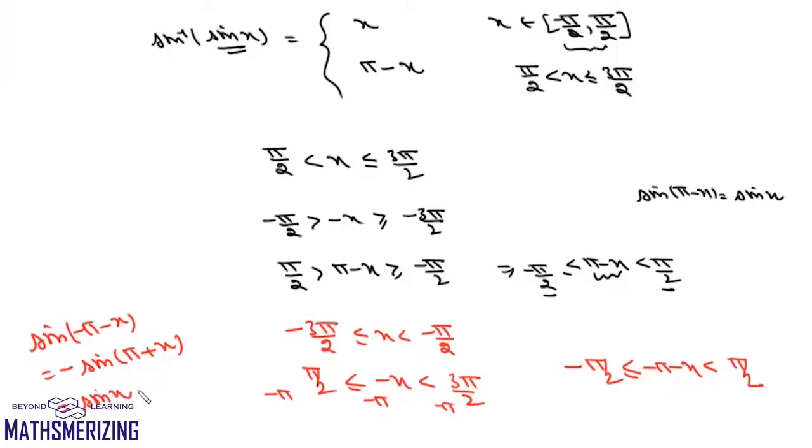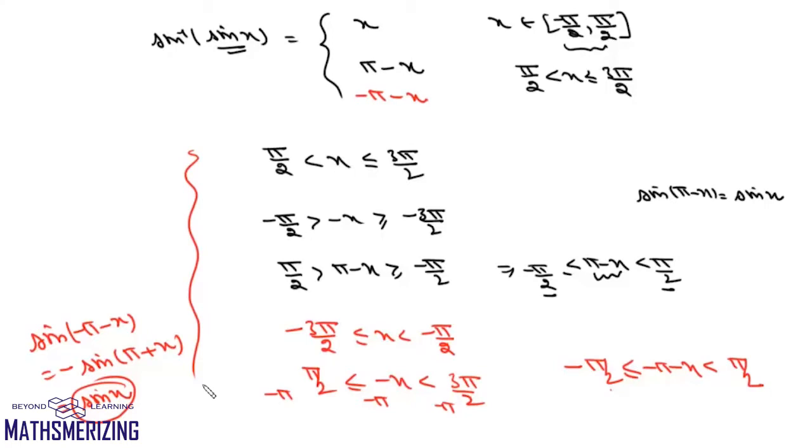Now in this case, again the angle lies between minus pi by 2 and plus pi by 2, and the value is still the same. So here we'll take this as minus pi minus x. So this is how we use the self-adjusting property in inverse functions when x doesn't lie in the principal value range. But this method is very lengthy and it is also prone to so many errors.